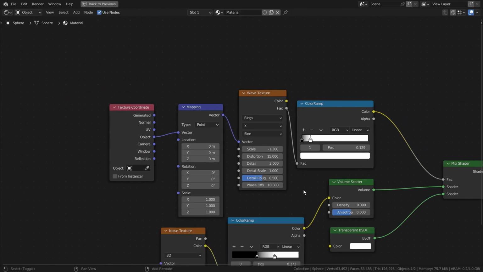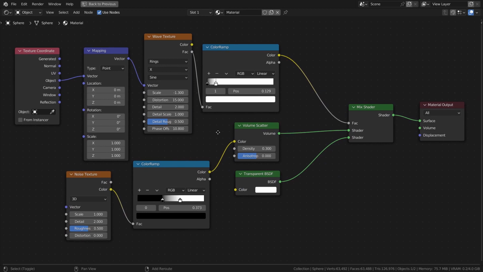Here are the full nodes. Notice there are two color ramps. The nodes containing the second color ramp node below is optional. I was testing the volume scatter with the rest of the nodes, but they're not needed for this project.